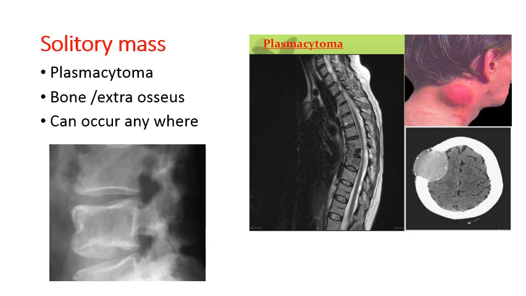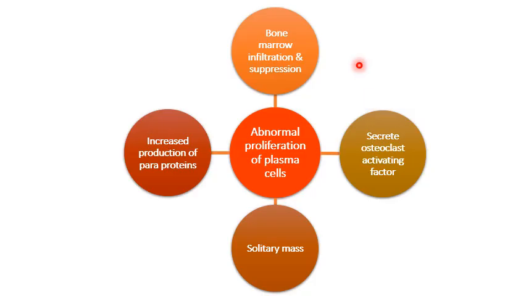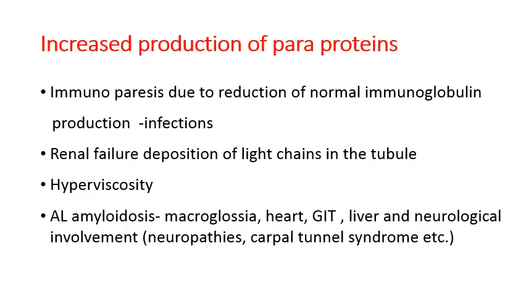So remember, it can occur anywhere in the body. So we have discussed the abnormalities due to bone marrow suppression or infiltration, osteoclast activating factor, solitary mass, and the fourth one is increased production of paraproteins. Although there is increased production of immunoglobulin, these immunoglobulins are not normal. Only one type of immunoglobulin is increased, and sometimes they are not full immunoglobulins, only the light chains